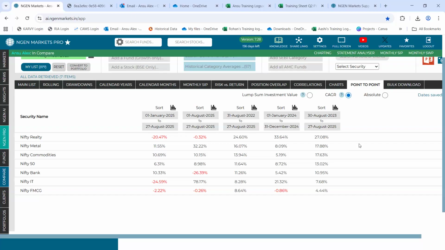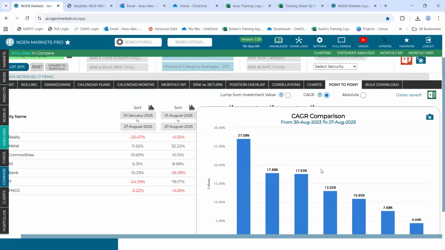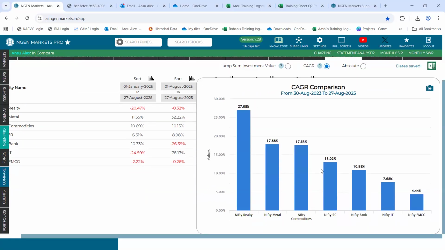This data as well, you can generate in an Excel format. In addition to that, a graphical representation of the same, that is a chart view, is also possible, which can be downloaded as an image by simply clicking on this camera icon, which downloads the image of this data.